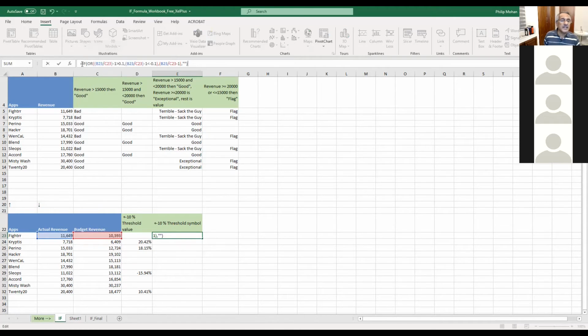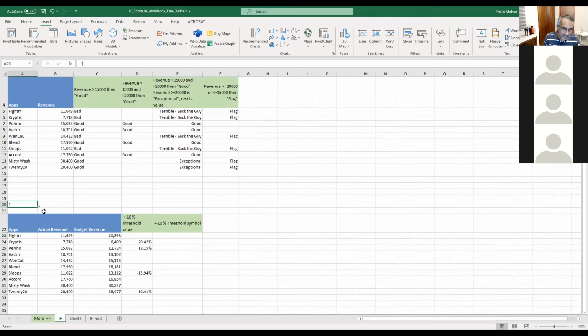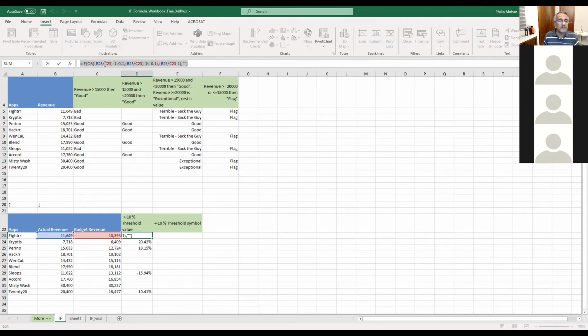So if it's either of these two functions, the same formula will not work, because earlier if it was either of those two, you just put down the value, whether it's plus or minus. Now we want to put a particular symbol if it's plus and another symbol if it's minus. So the same formula will not work, but anyway, let me copy it, and then we'll amend it accordingly.